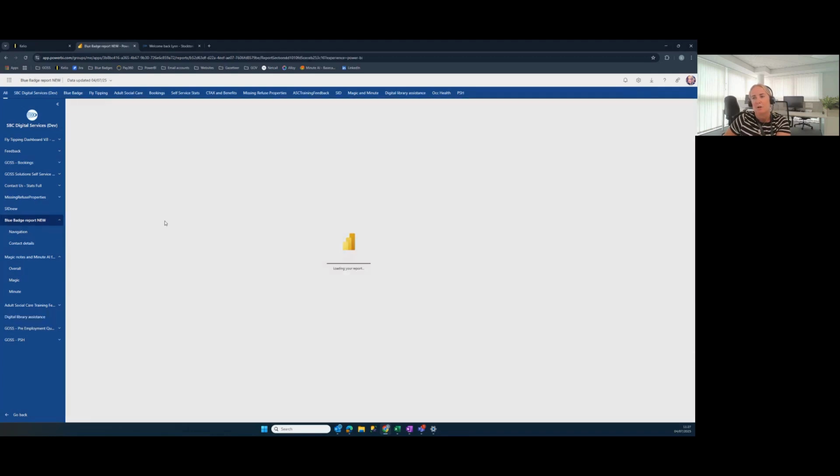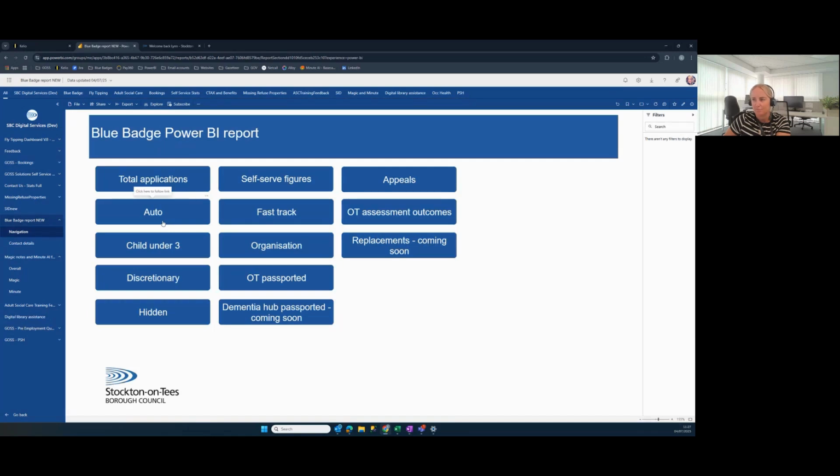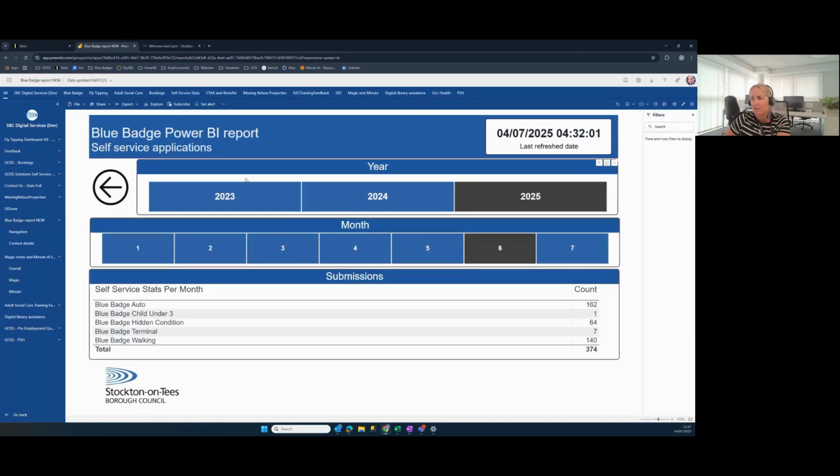We've got a Blue Badge report, so this is all based on case management. So we've got self-serve figures in here, so we can see straight away how many we've had in the month. So for July so far,